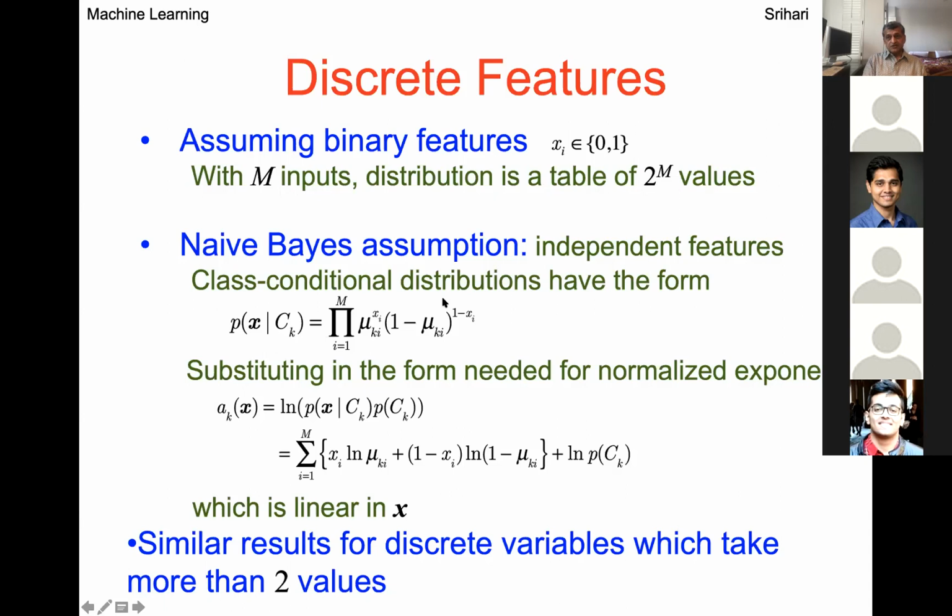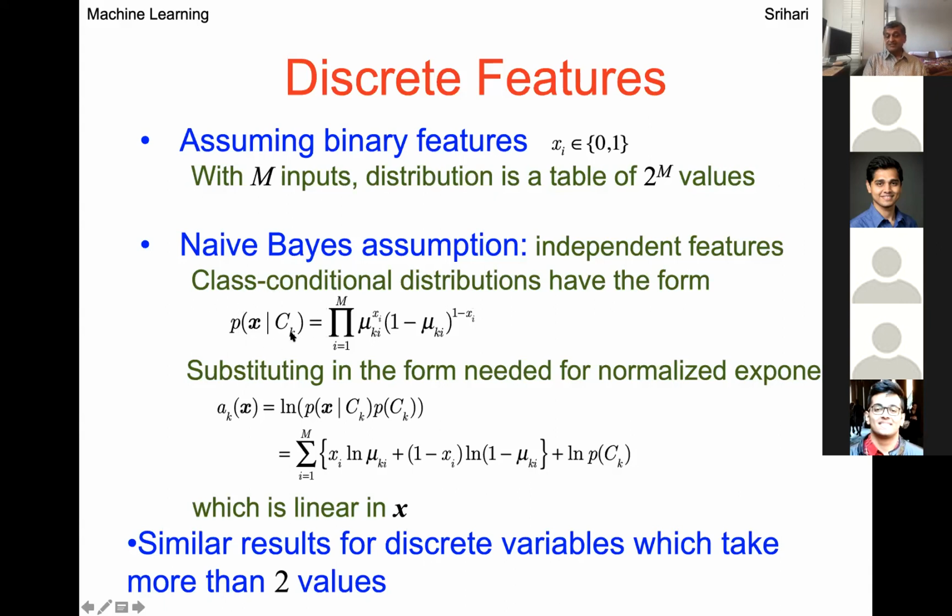What if we assume the features are independent? So one pixel does not depend on the neighboring pixel. It's a very severe assumption because they do depend typically. But if you make that assumption, it becomes what's called the naive Bayes assumption, in which case the joint